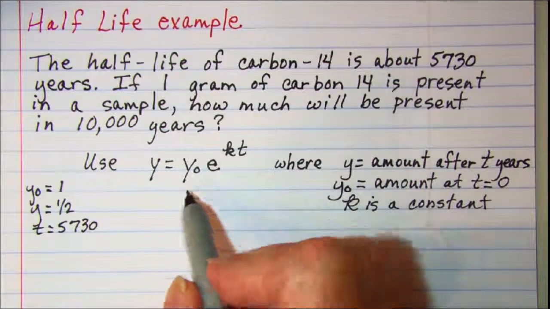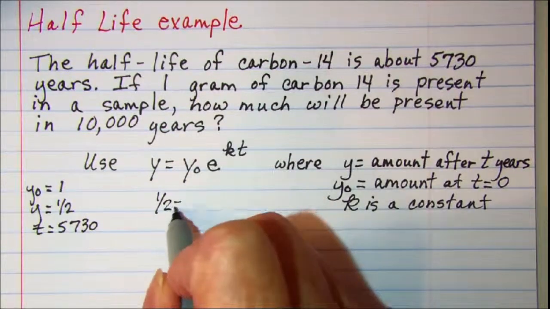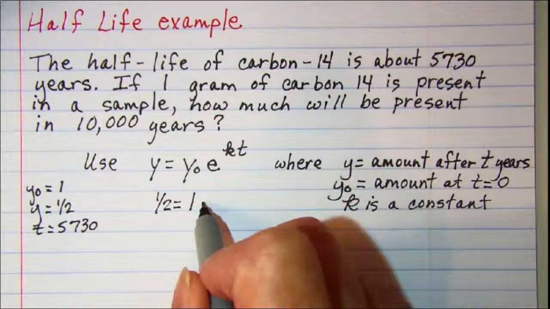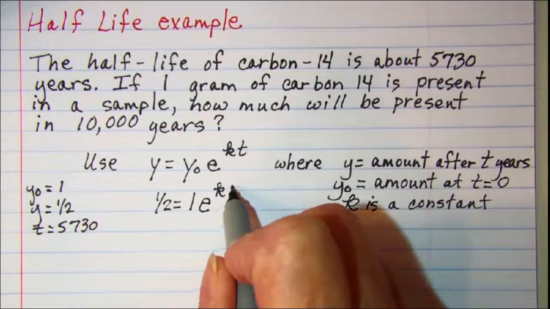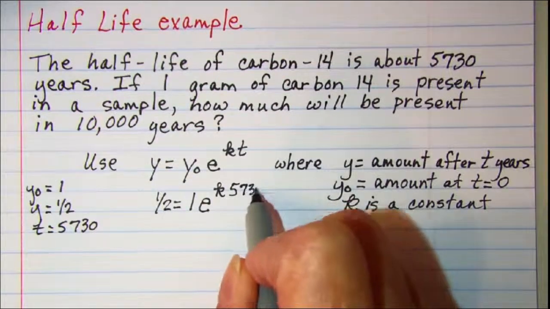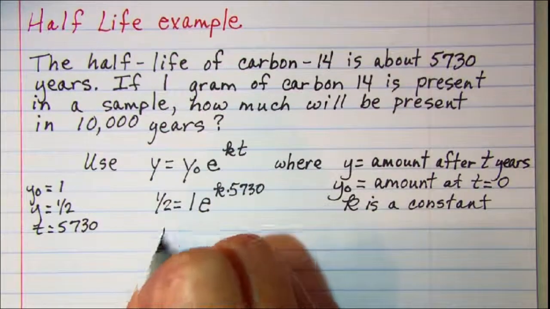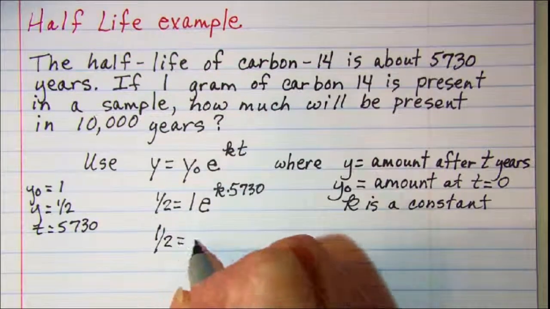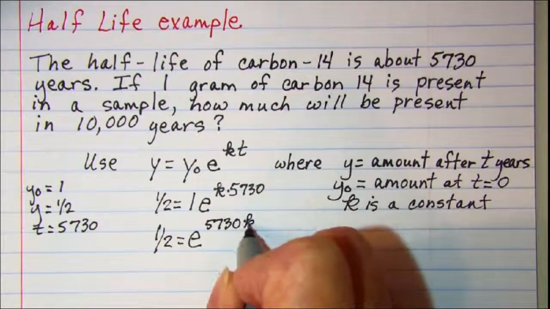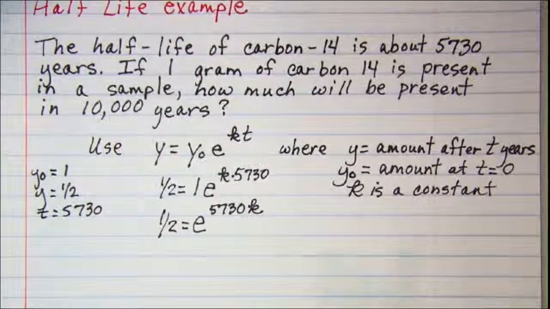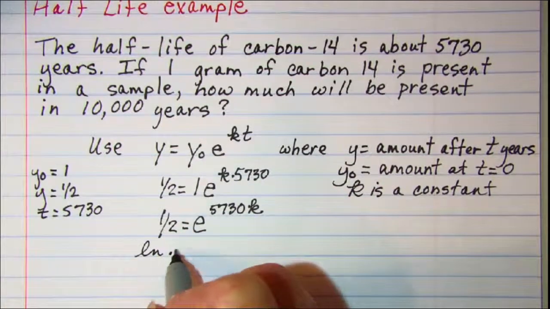So let's go ahead and substitute these numbers in. Y we said was a half. Y sub 0 is 1. We're looking for k, and then t is 5,730. So our problem simplifies to 1/2 equals e to the 5,730 times k. Now if we ln both sides, because our variable's up in the exponent, we have ln 0.5,